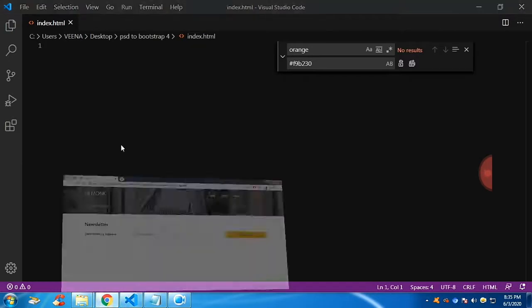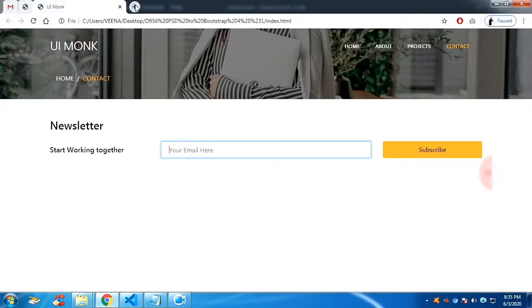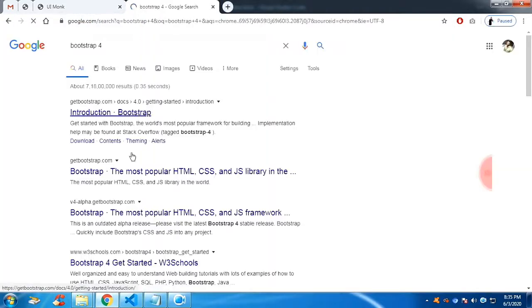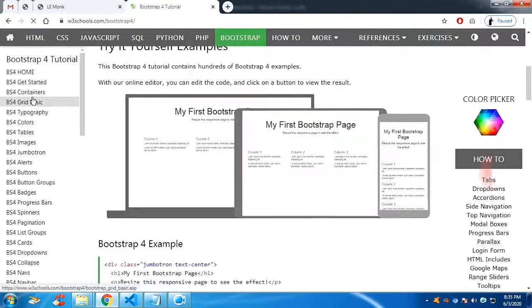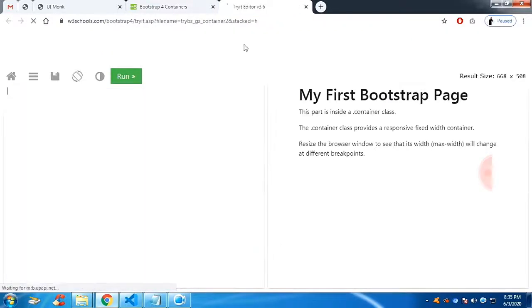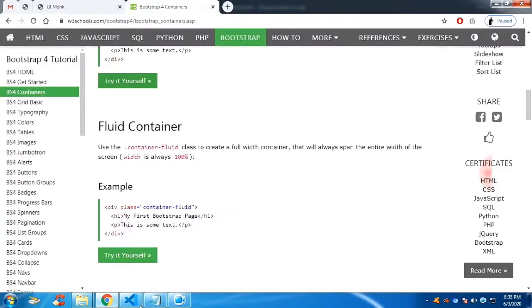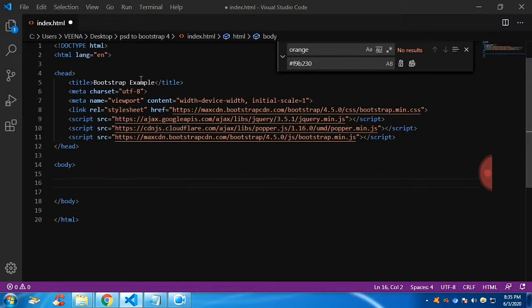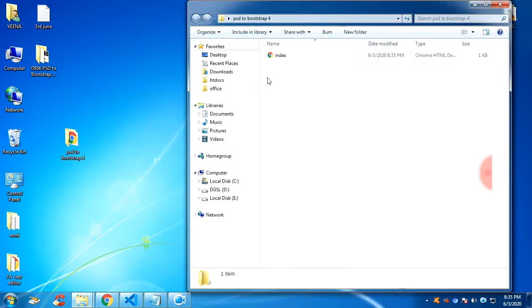The next thing, we are going to get the Bootstrap template. For that I'm going to get it from W3Schools. So by default we can just copy paste the Bootstrap CDN, that is bootstrap.css and bootstrap.js, and we need the jQuery file as well. So just by copy pasting we get all these files. We are just going to modify the body section. Let me change the title to UI Monk. It's my YouTube channel.